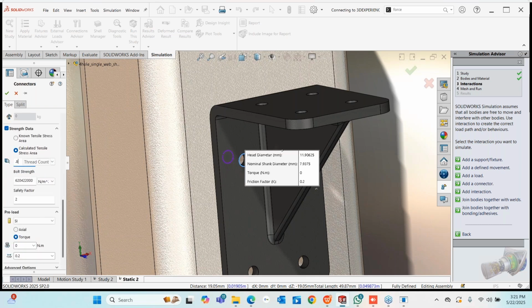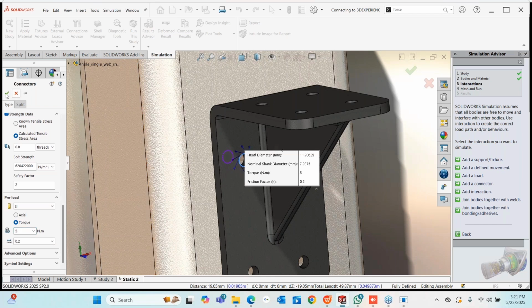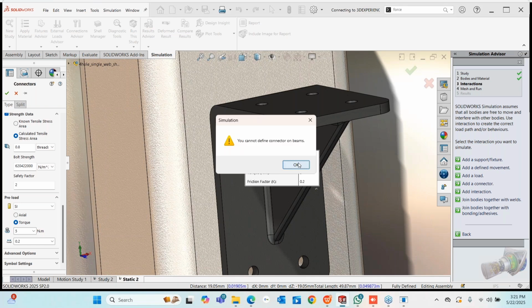Sorry, 0.8. Okay, and then what should be the expected factor of safety, so that when it gives you the result, it shows in color that it is green. If it is 2.5 or 2.1, it will give you a red if it's 1 or 1.5. Okay, then we need to define the preloading condition, that is, at what torque this bolt was fitted. Okay, when you give these values and click on OK,